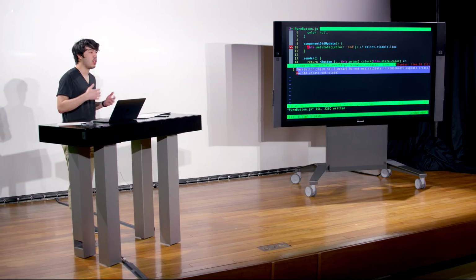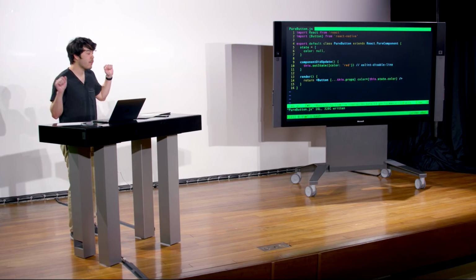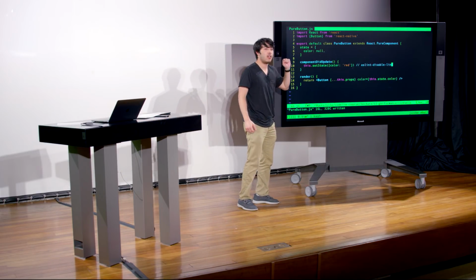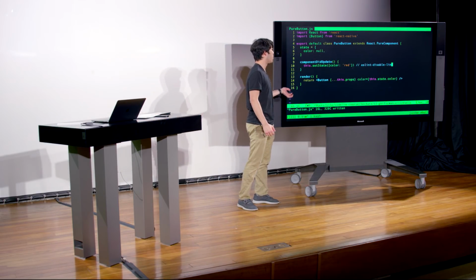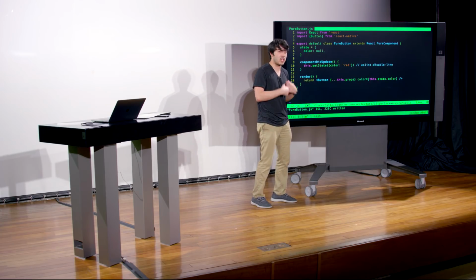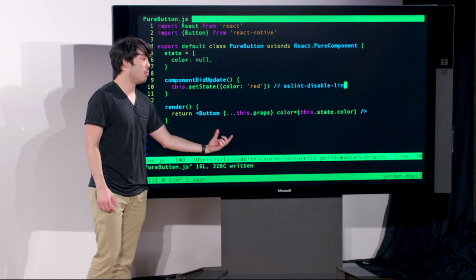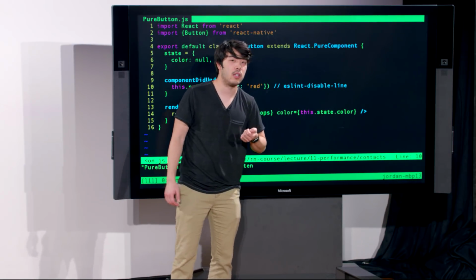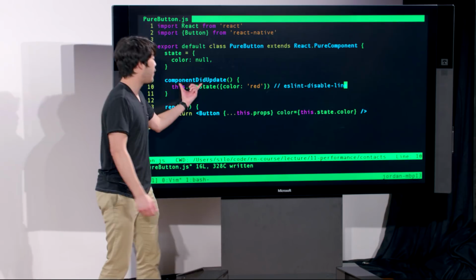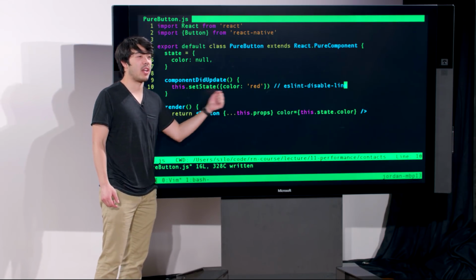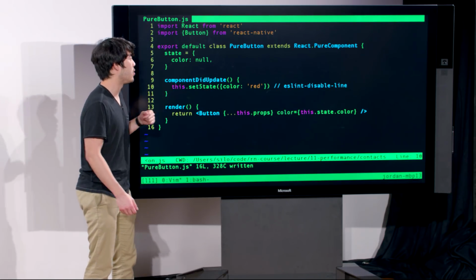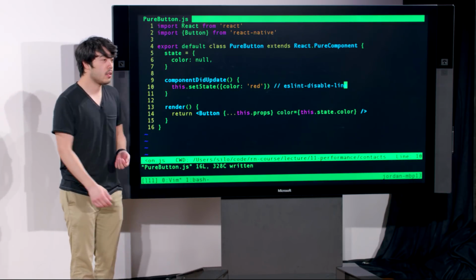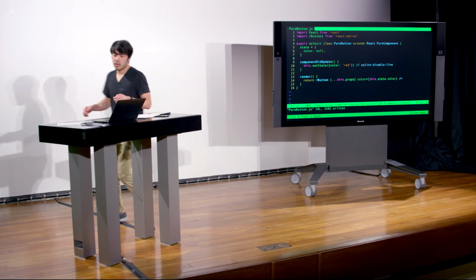So we have a component here, what we're calling a pure button. And all it does is it has a state which initializes as a null color. And so when it renders, it's just going to be a button. It's going to pass all of its props just straight through to a button. But it's also going to say, hey, I have a special color that at first is just null. It doesn't have a color. But if I ever update, I'm going to change myself to be red. And so this component here is just going to show us that it'll turn red if we accidentally update it. So let's